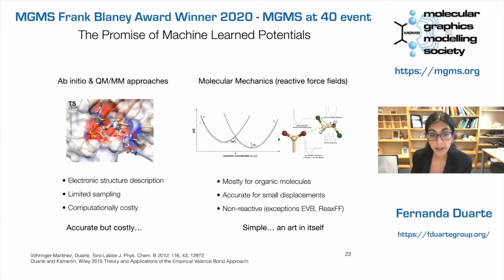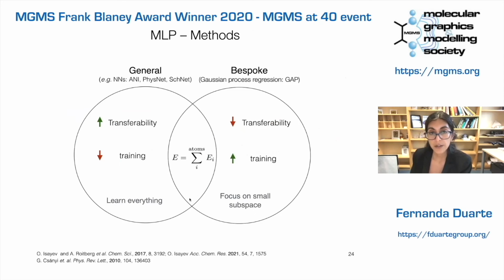And we really went for that because I have been exploring before QM/MM approaches and classical reactive force fields. Most of them seem to be easy to use, but actually each of them is an art in itself. We hope that machine learning potentials will be much less than that, but still we're learning in that process. So I was really keen to try alternatives to what I knew before. One machine learning potential that we have seen before is the ANI potential developed by Adrian Roitberg and colleagues in the US. And we have been using that. It's a great approach.